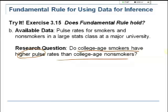Now, if I were measuring, do you know what a standard deviation is? You would have an edge over the general college-age population being in this class, perhaps. So the question here is whether we can use this data. Does the fundamental rule hold? And our answer would be probably yes. It would be reasonable. Although we don't have a random sample,